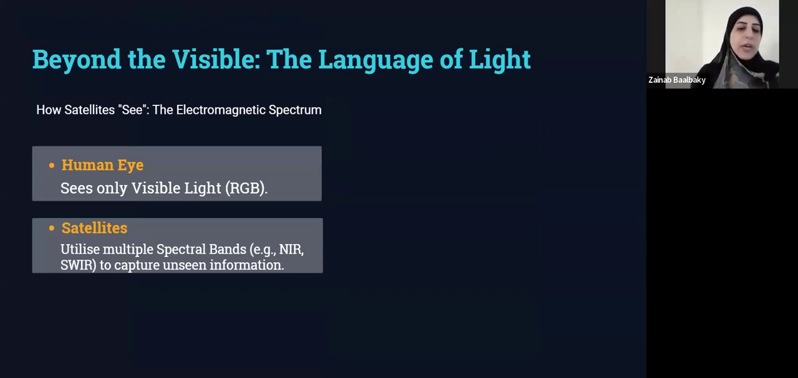So, beyond the visible, how does a satellite see? The human eye sees only visible light, while satellites utilize multiple spectral bands, for example near-infrared and